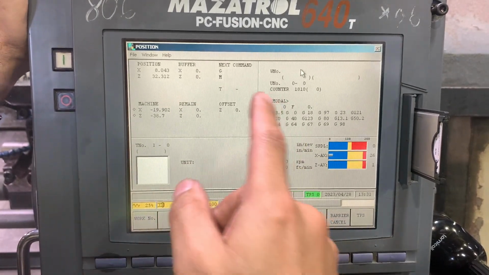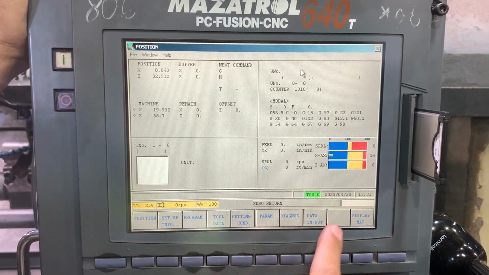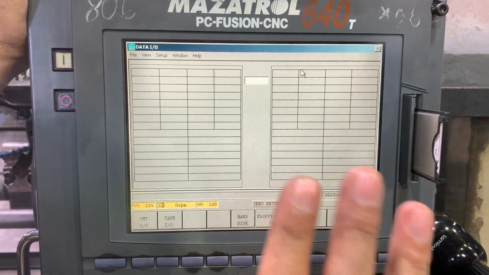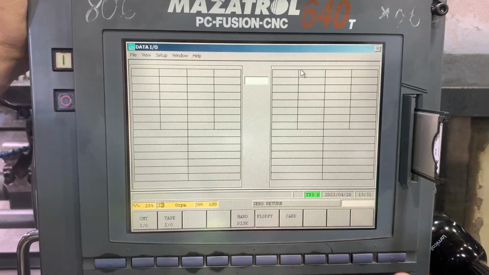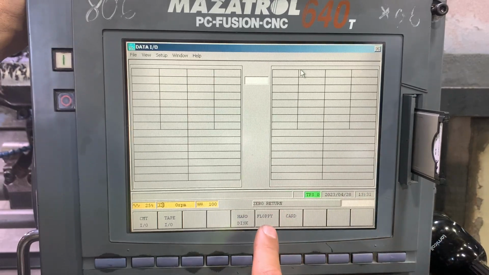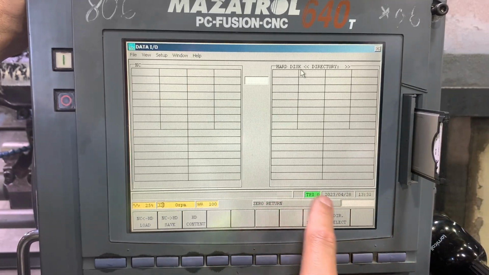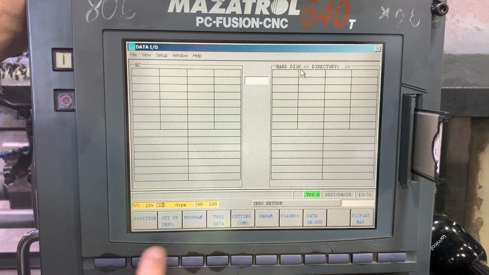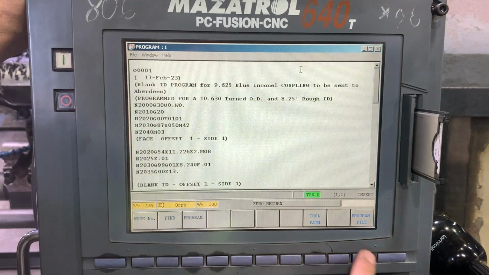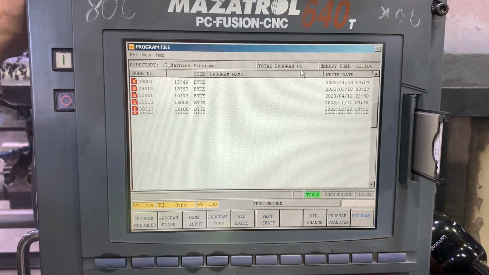In this case, on the M640T, we are going to see how to back up in .io the program files and make an exception when you have more than 32 files or programs on the machine. So let's back up the content to the hard drive, and let's check first how many programs we have. As you see, we have more than 32 programs,